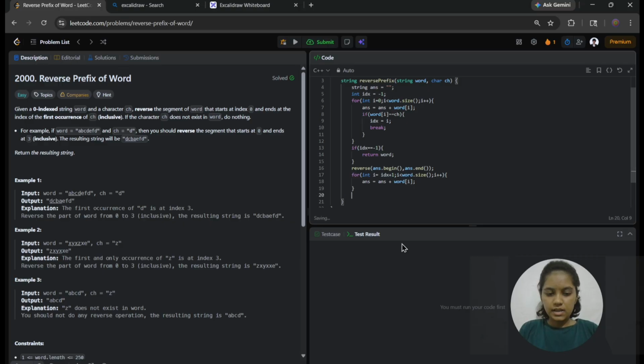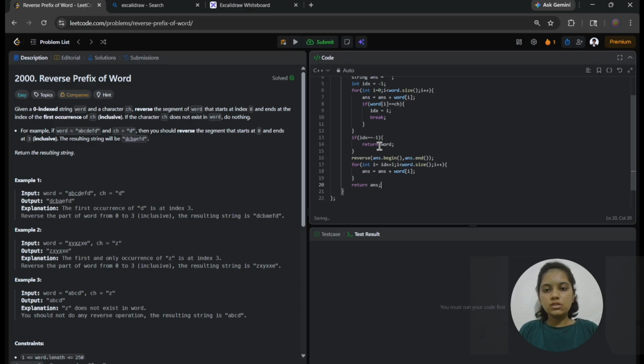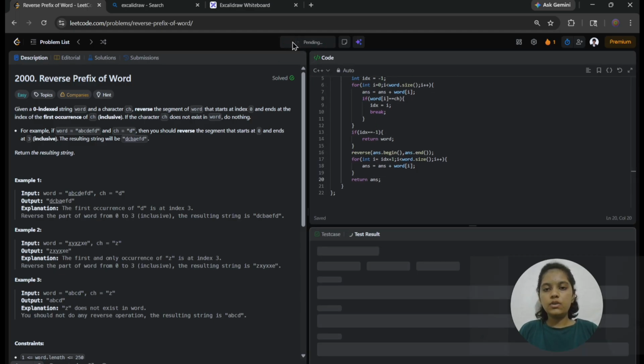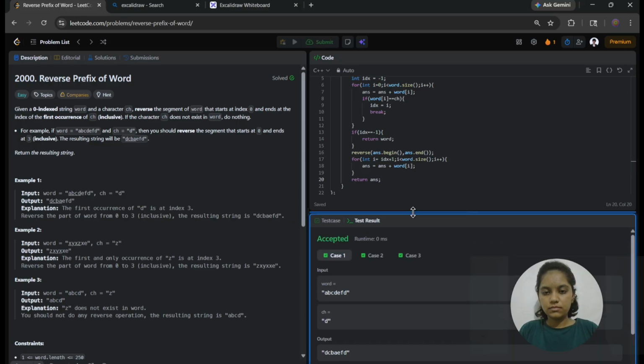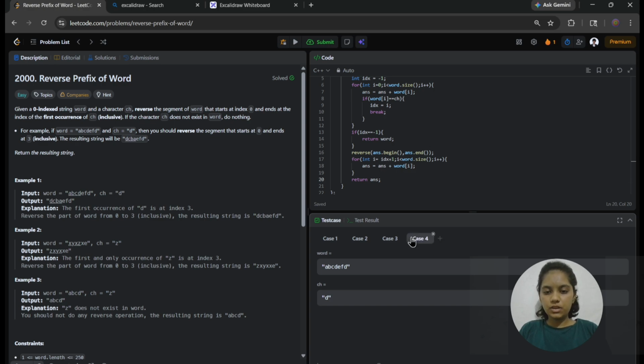Now at last I have to return the answer string. So this is the solution. Now let's check whether our code is running or not. So as you can see, it passed all the 3 test cases. Now I can also add a custom test case from here. So here I am adding any characters.